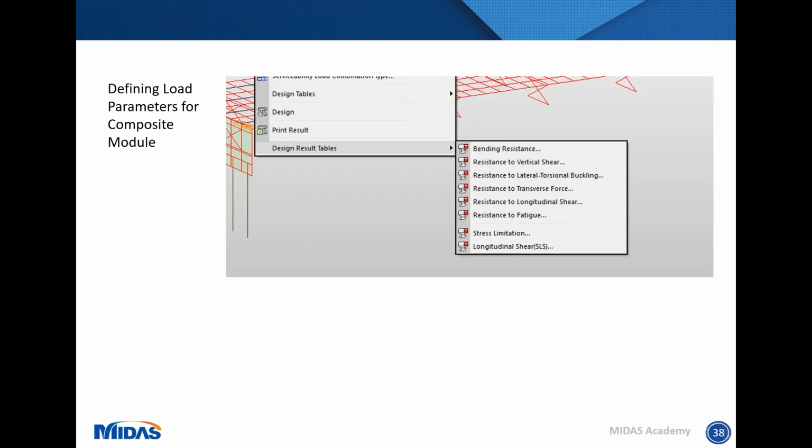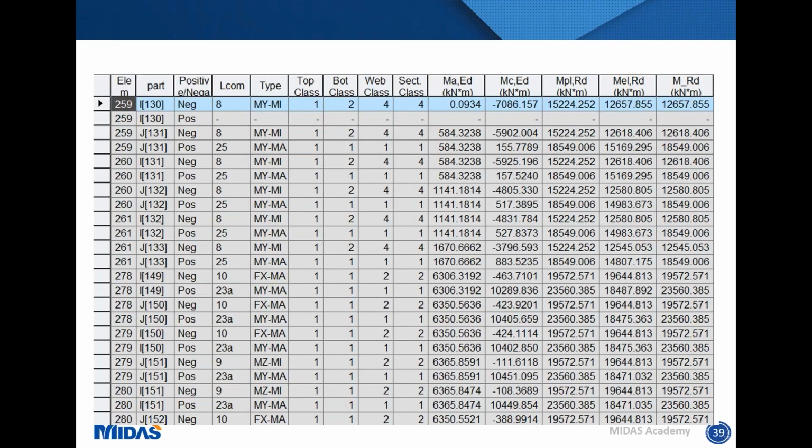And once you've defined all those things, you then just click design, which the software will then go through and do all those checks, depending on what you've selected for the analysis. As you can see here, we've got options for bending resistance and the vertical shear. Because I had this all ticked off at the beginning, I can now view results on that basis. So shown here are the results that are available for my ultimate bending. You can see in the first column here, the software is picking up whether or not it's hogging or sagging that we're looking at.